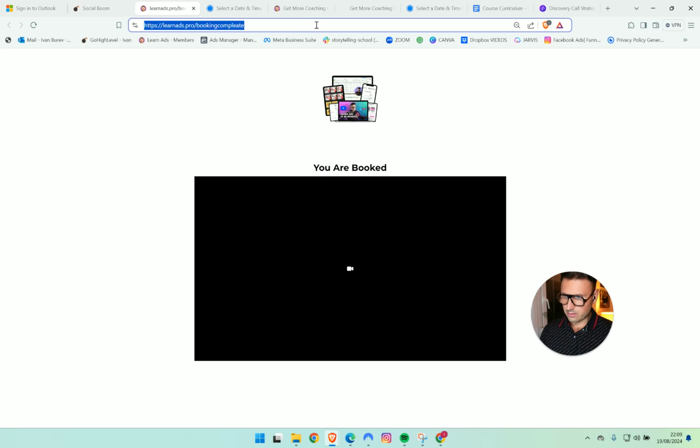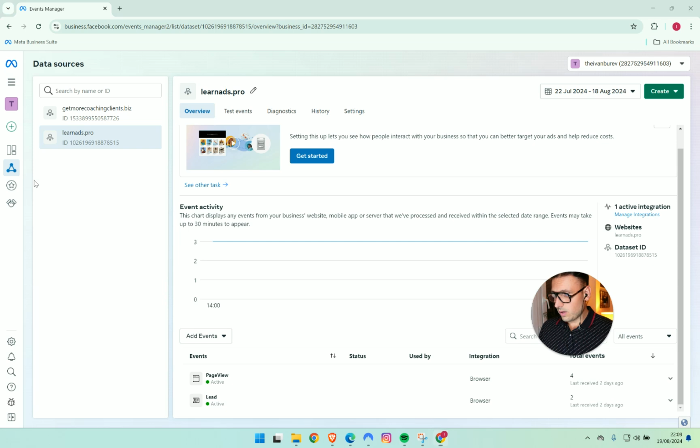I get the URL, because for me in this specific case, only if somebody lands on this page, only then and only then it's a lead. And I want Facebook to count only the people who come here. So I want it to learn only from the people who are booking the calls. I don't care if they gave the opt-in on the previous pages, because that's not my business objective. So now I take the unique URL, remember, make sure the URL is correct, and we go to our ads